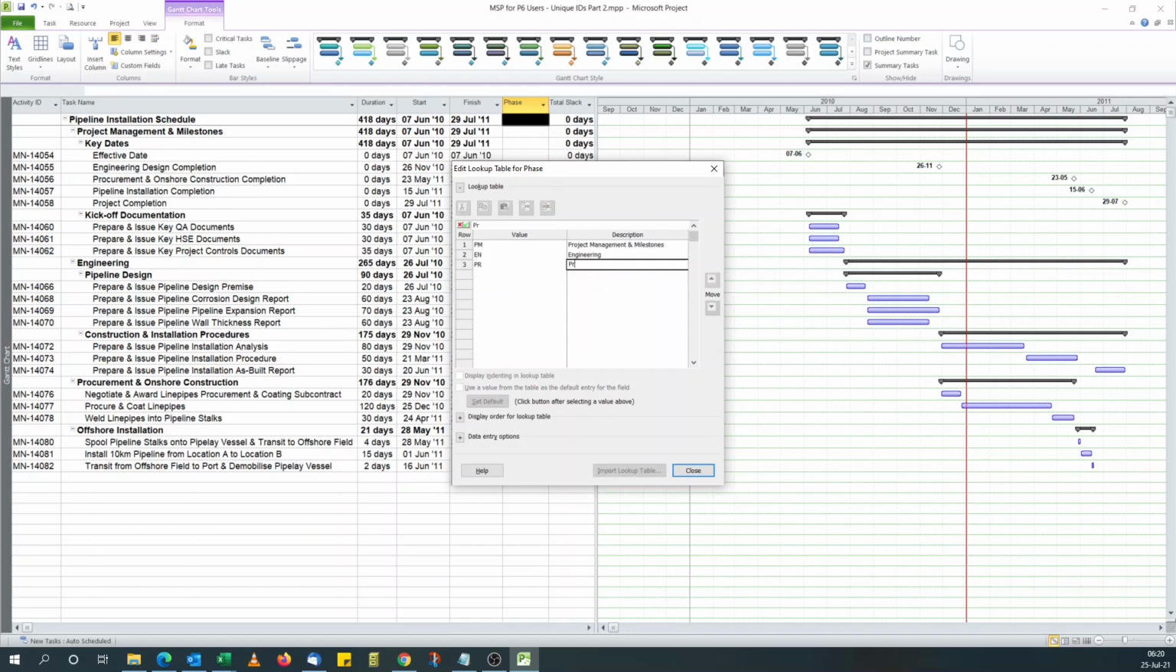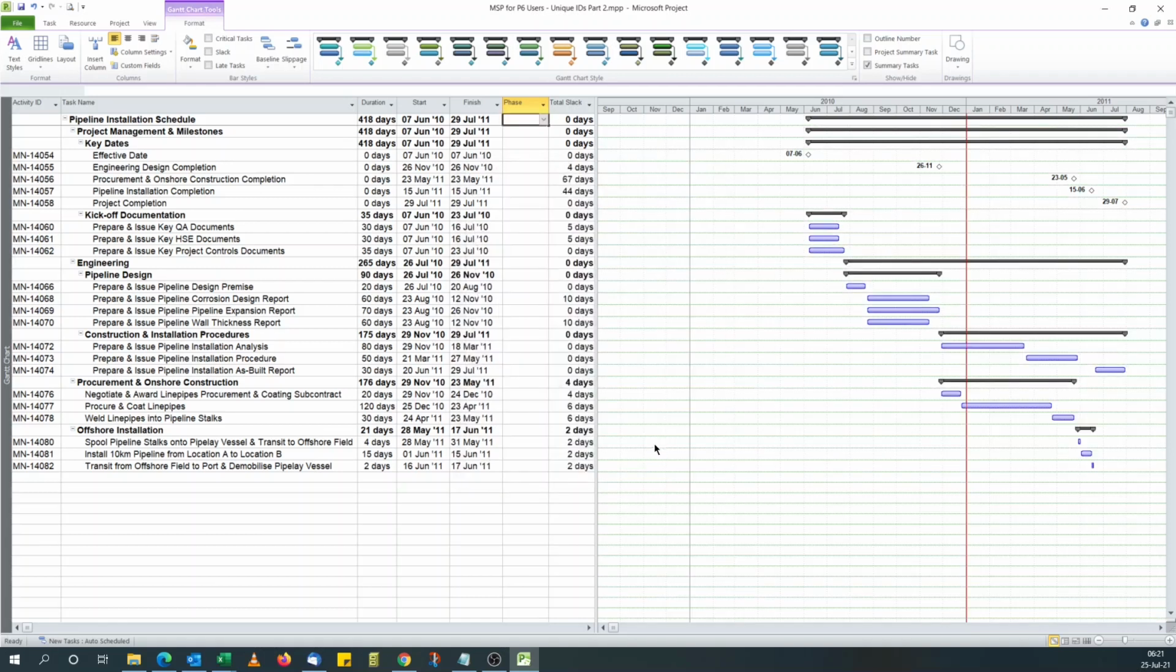You have PR for procurement and construction, and offshore installation. Just showing you how this can be done. You can set up different codes as you see fit. So I've defined my four codes. If I close this with OK, what I want to do is assign